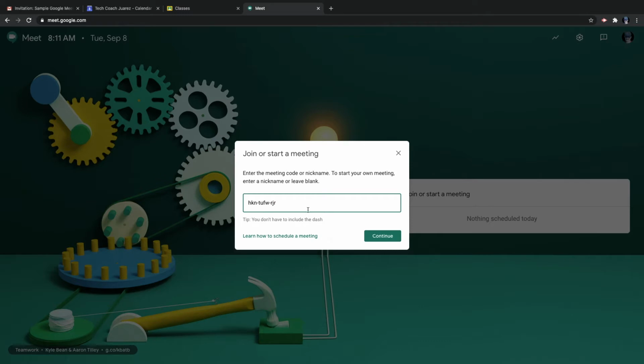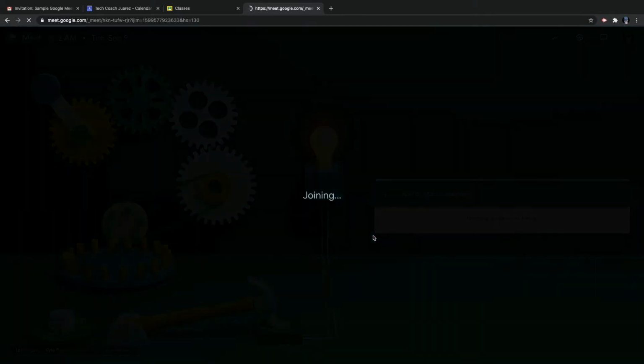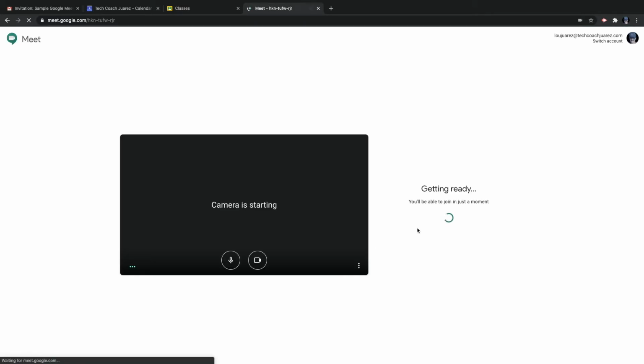Now, the codes can work with anyone that you share them with. The custom codes, which I'll show later, only work for people in your same domain. So if someone's outside of your district, using a free Gmail or another school's account, the custom one won't work. But if you share this code with them, that will work regardless. So you can't do the custom ones, but only the ones that Google Meet makes for you. I click continue, and it's going to take me to that same Google Meet